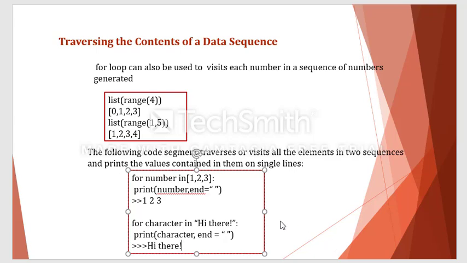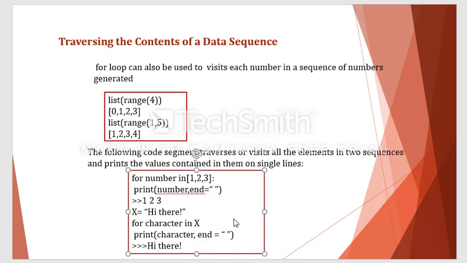Okay, so I can store this hi there string in a variable and write it that way also. Okay, suppose here I can write some x is equal to this total string. Okay, so x is equal to the total string, stored in x. Now I can simply remove this hi there here and put x there.